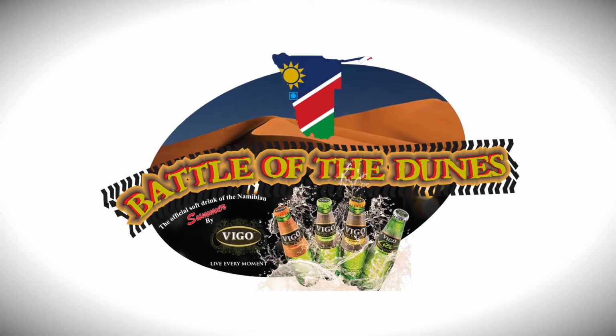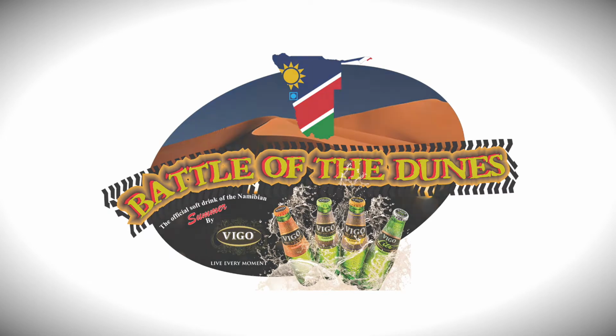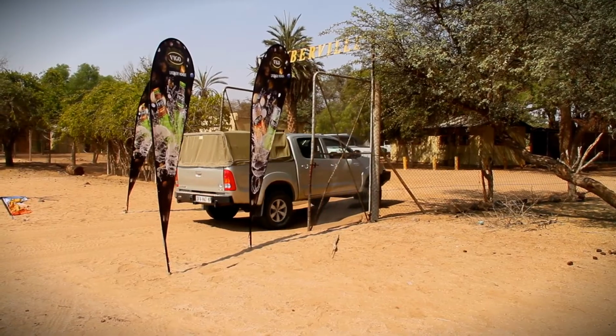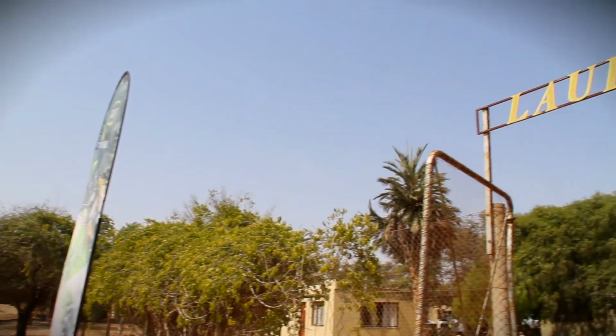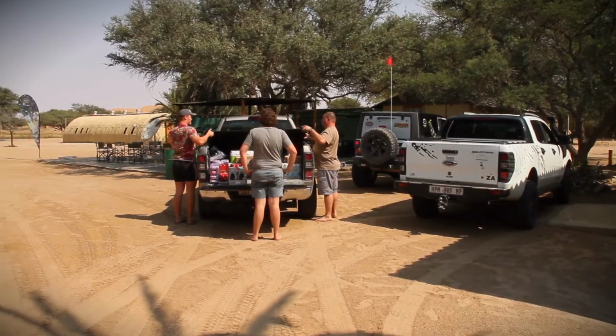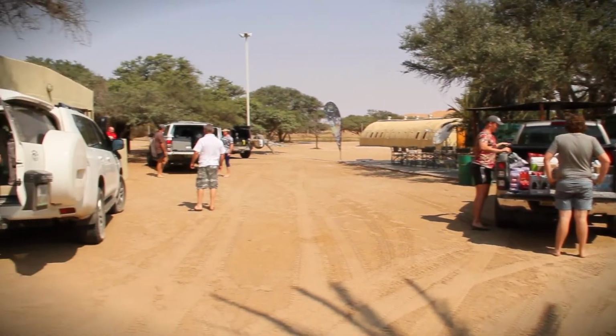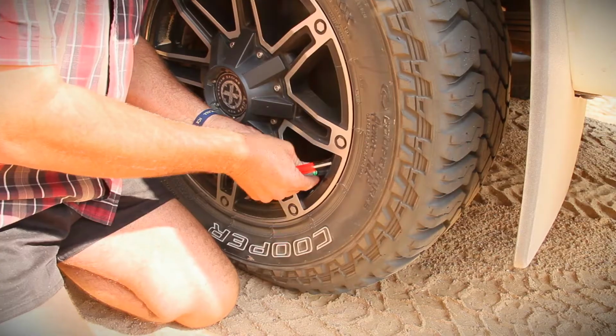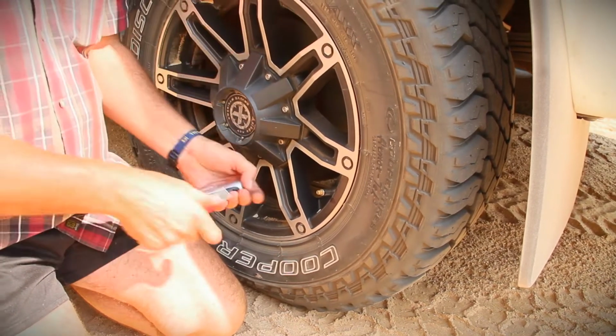This is the third round of the 2017 Battle of the Dunes competition, where man and machine are pitted against some of the Namib Desert's biggest and toughest dunes. The teams are once again based at Lobaville Camp, 40 kilometers out of Walvis Bay. The battle kicked off in usual style, with unpacking luggage, deflating tires, and getting ready to take on large piles